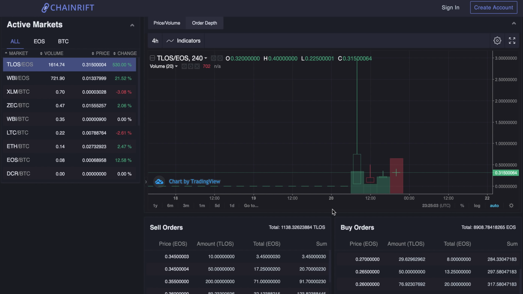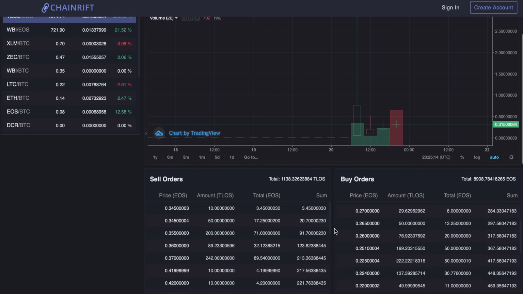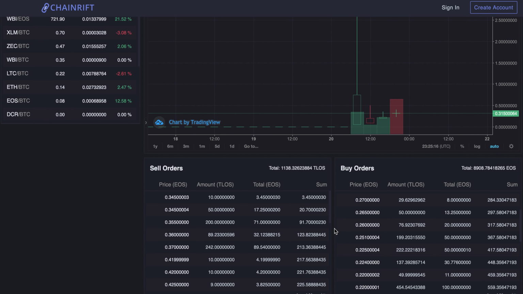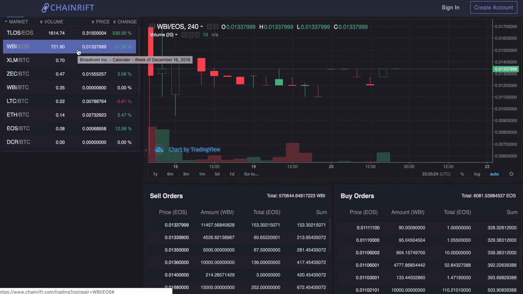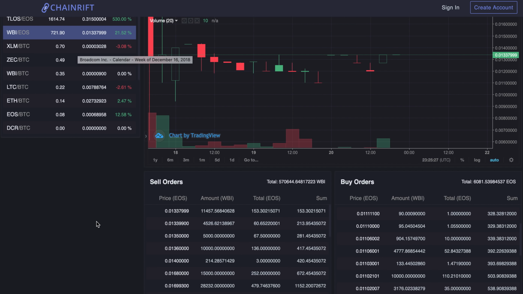To be frank, my gut feeling says that 0.3 EOS is too high, unless they have to prove how Telos goes and so on. But I think it will be interesting to see how the pricing works out when the supply unlocks, when more people are unstaking and trying to sell it on the exchange. So Worbli, on the other hand, which never till now has made it,